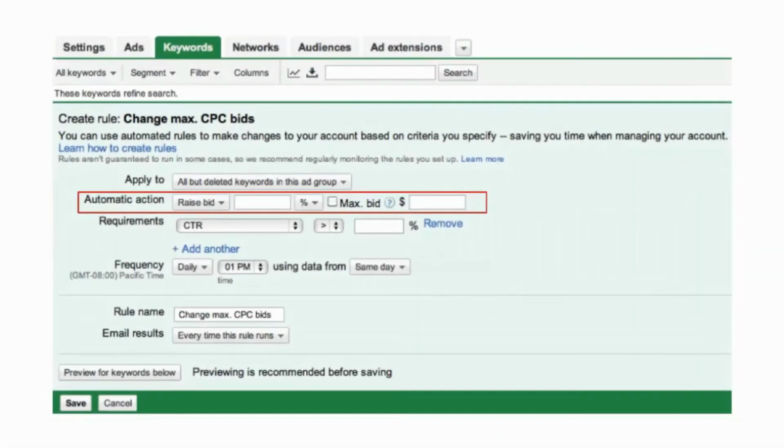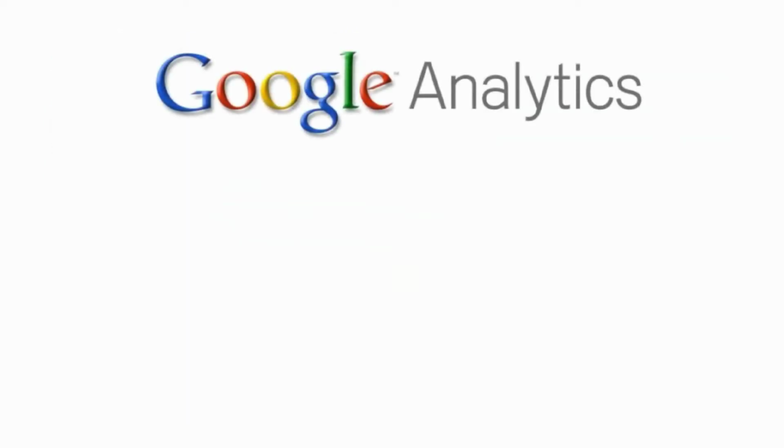With automated bidding, you're essentially telling Google to tweak how much you pay per click in order to gain you the maximum number of clicks. Or, in our case, we're going to tell Google to tweak the bidding automatically to get us the very best conversion rates. To do this, you'll need to set